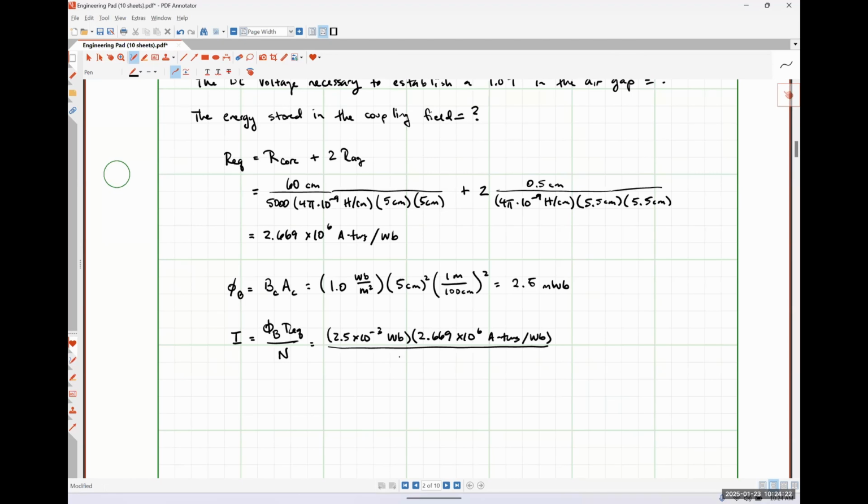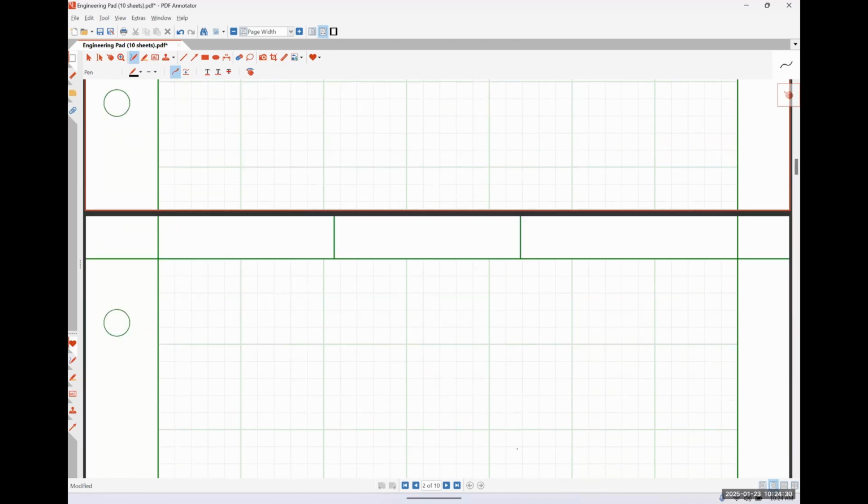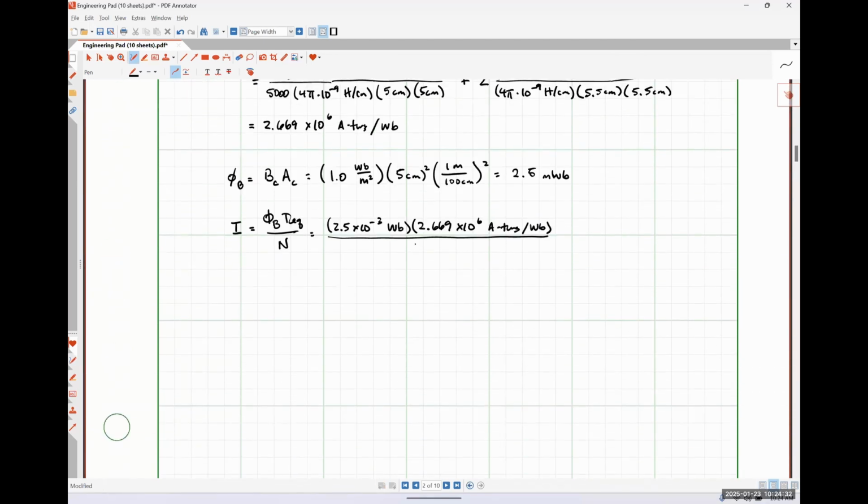Divided by, let me scroll up here. I did not tell you, so let's just do it here. N is 250 turns. And I wind up getting 26.689 amps. And then lastly, I need to figure out the DC voltage required to make that happen, which is